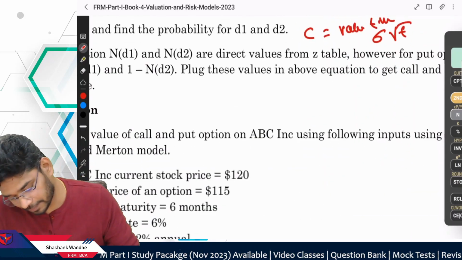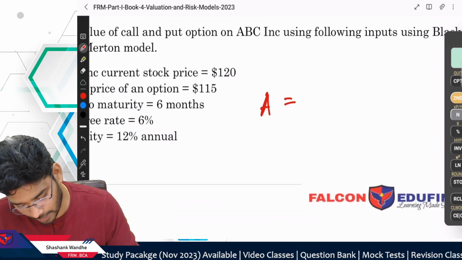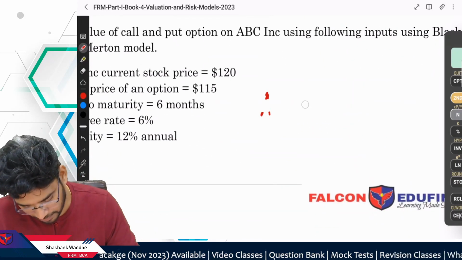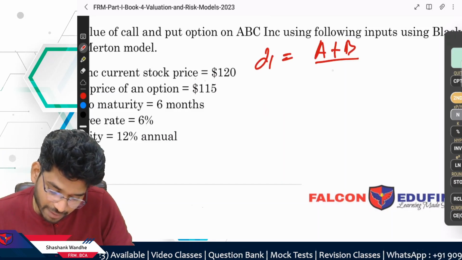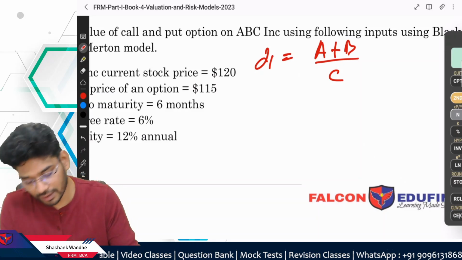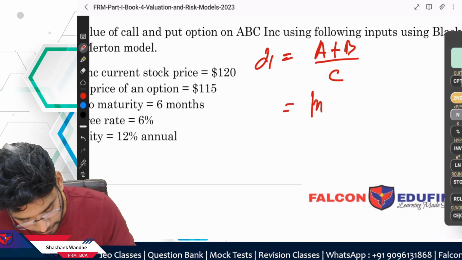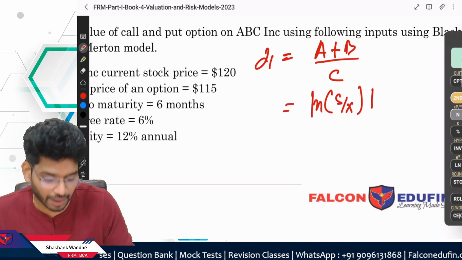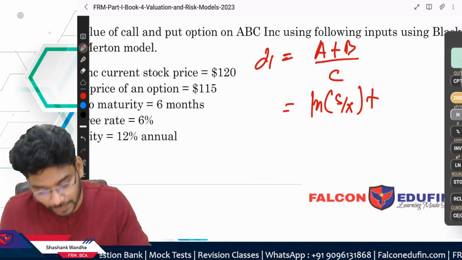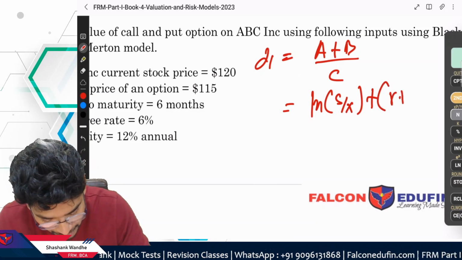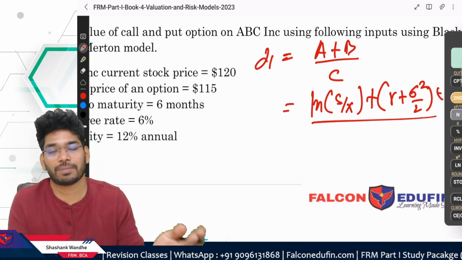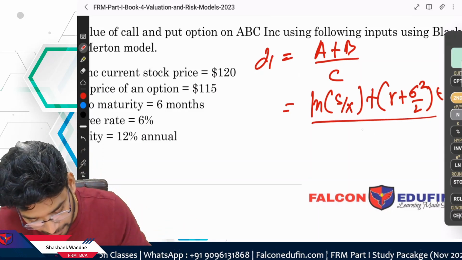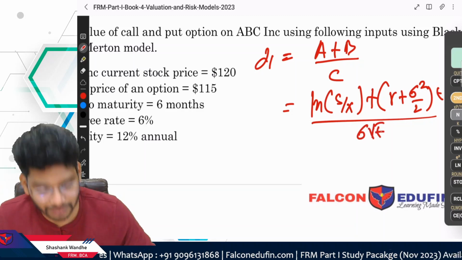So let's see again. What is the formula for D1? We'll start like this. A plus B divided by C. This is how you have to remember. Now what is A? We know ln of S upon X, plus risk-free rate plus half of variance time adjusted, multiplied by t, and divided by volatility time adjusted, under root